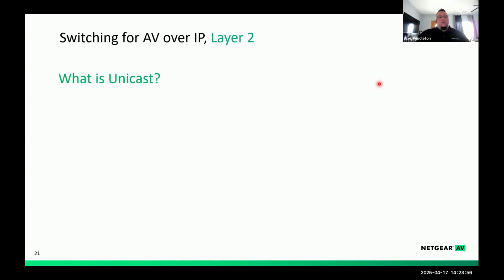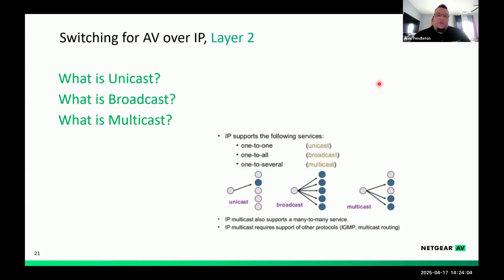Okay, so what is unicast? What is broadcast? And what is multicast? Well, in unicast, it's a unique communication one-to-one to an endpoint. In broadcast, you're sending to everyone simultaneously, and you will do this utilizing various broadcast addresses. Whereas in unicast, I'm calling Rob directly on his phone, and I will get Rob on the phone directly, but nobody else can hear our phone call. Well, hopefully the NSA is out there, but you know what I mean. I'm calling him directly. He hears me and I hear him, but nobody else is part of that conversation.